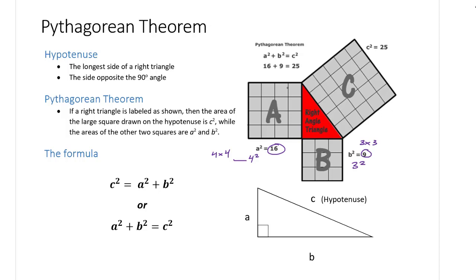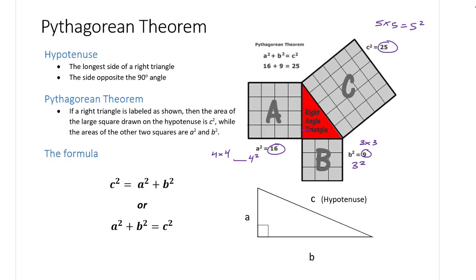16 and 9. What about the last side here? It's 5 by 5, right? It's a square. So again, 5 times 5 is the same thing as saying 5 squared, right? Which gives us 25. So it happens to be with every single right angle triangle,